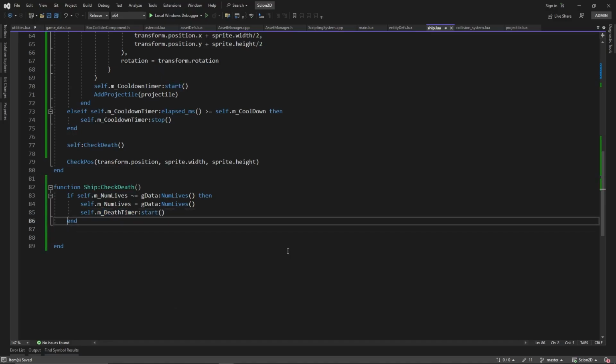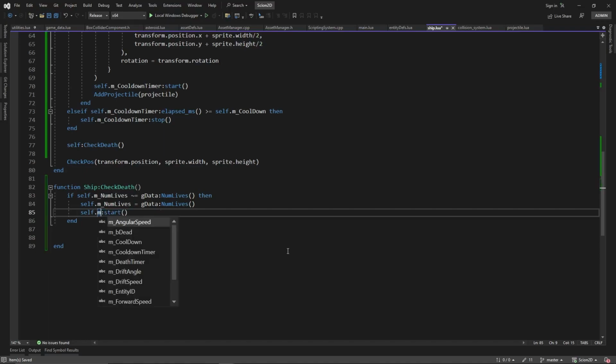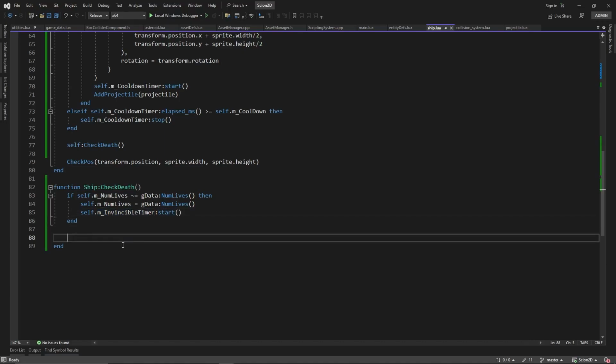Actually, for now, we're not going to start the death timer. There's a lot of stuff I want to put in here, but we're not going to do that for now. We're going to start our invincible timer. Okay? And down here, we'll say if self.m invincible timer is running, then